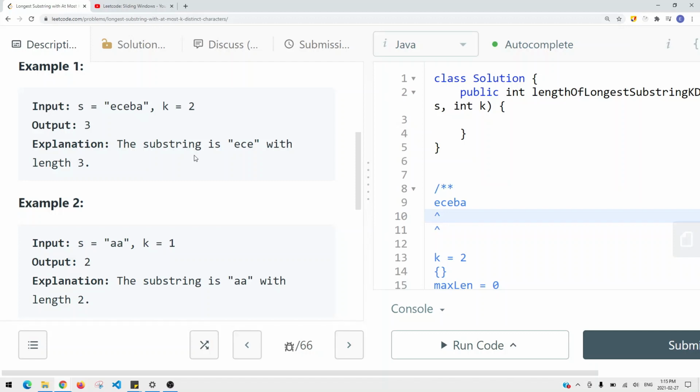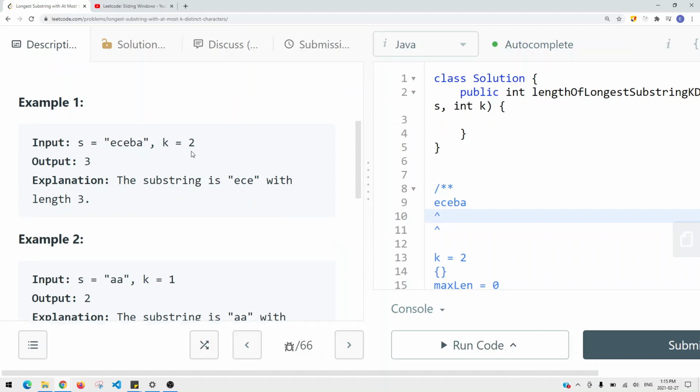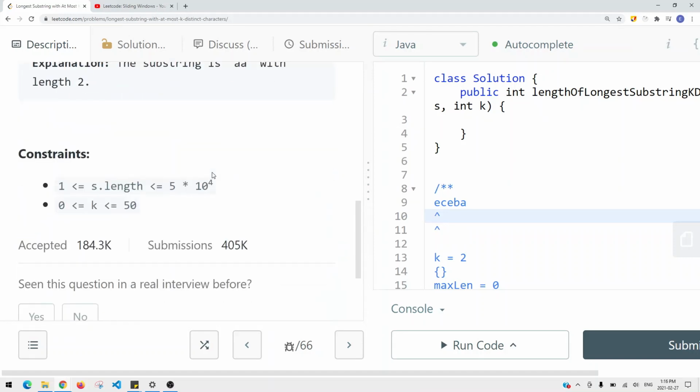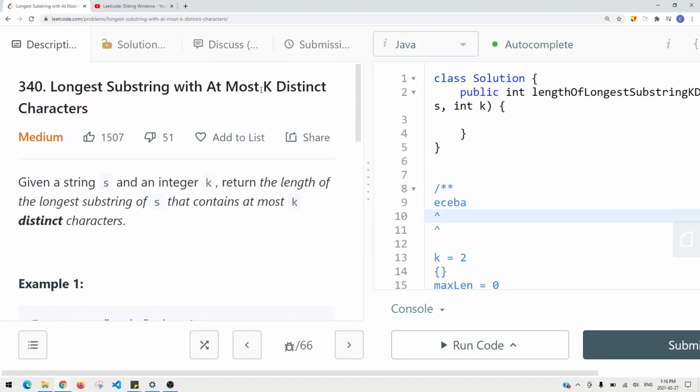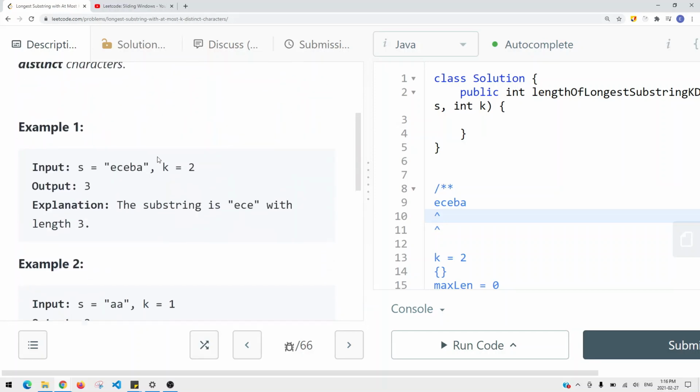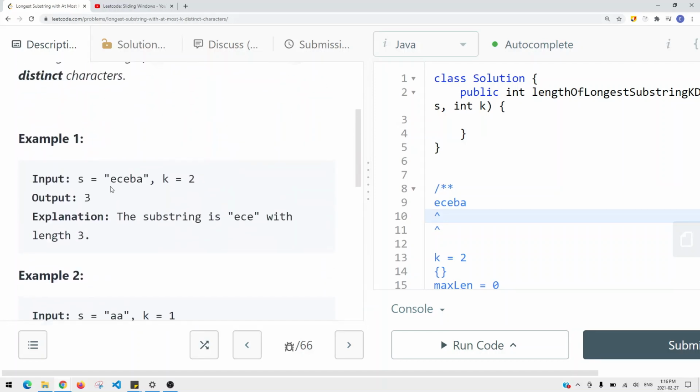And in this case, we can have k equal to different values, right? So we could have k equal to 1, equal to 3, and the constraint is that k is between 0 to 50. So in this case, we have at most k distinct characters. And at most basically means no more than k, right? So I can have one distinct character, but k is equal to 2. That still satisfies the condition,